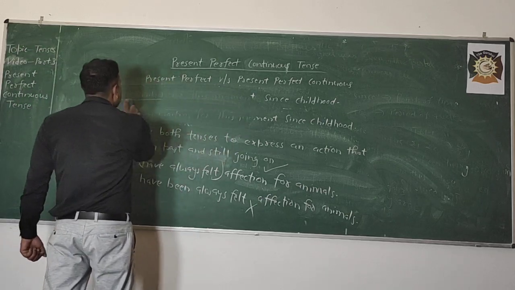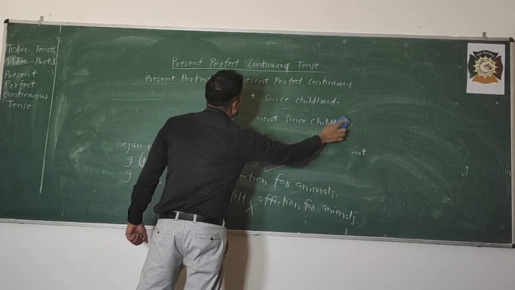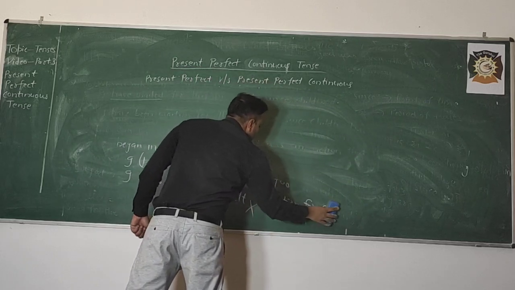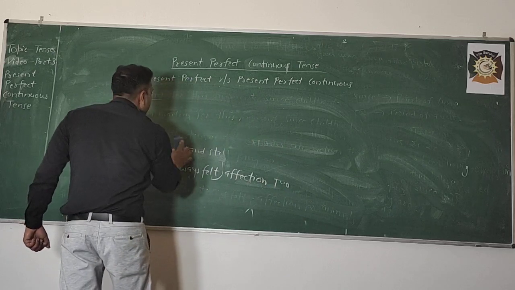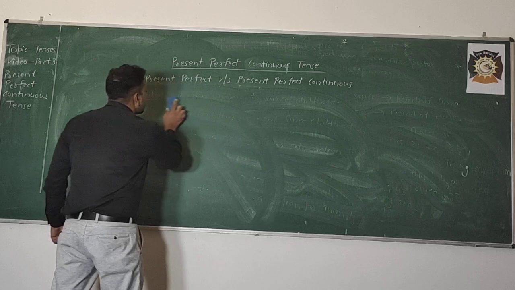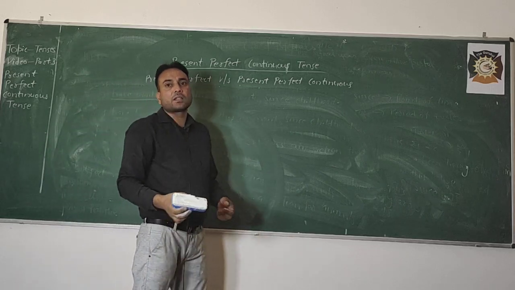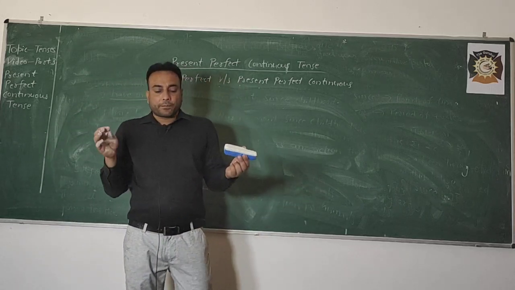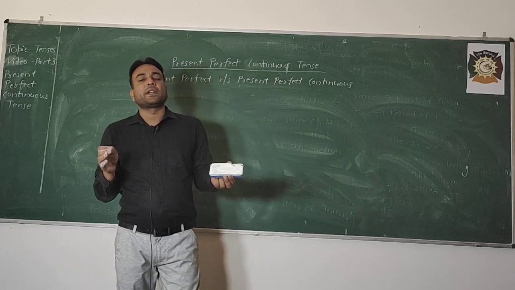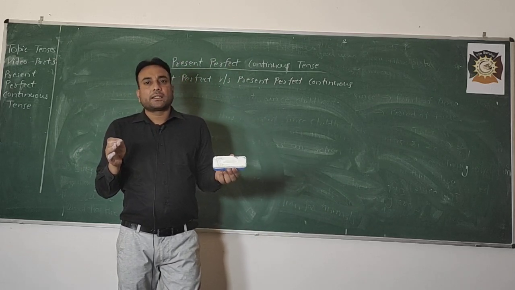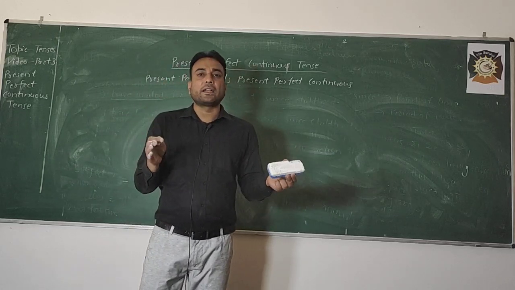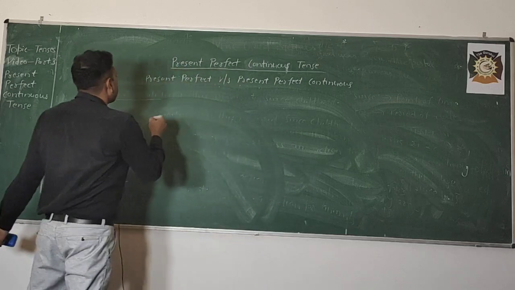And one more difference I am going to discuss with you people. I think you got the difference I have discussed between present perfect and present perfect continuous tense. Now we are going to start the next difference. What's the next difference? Present perfect continuous tense should not be used for an interrupted action,